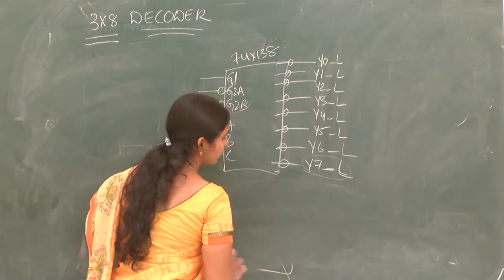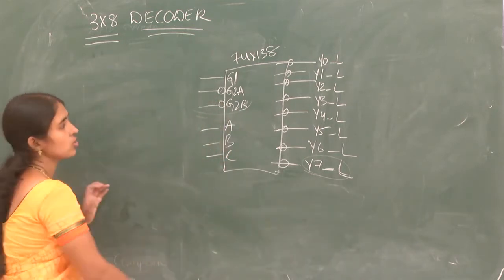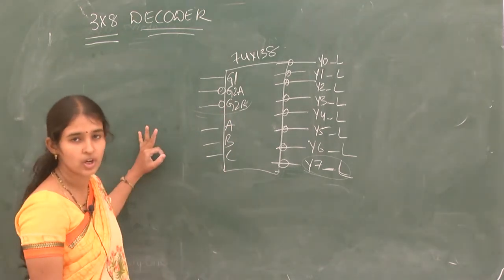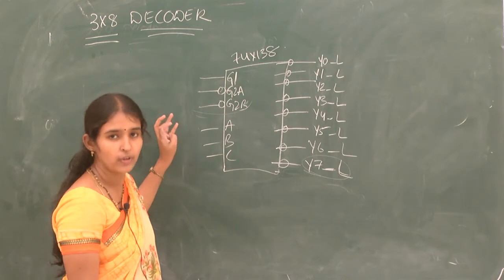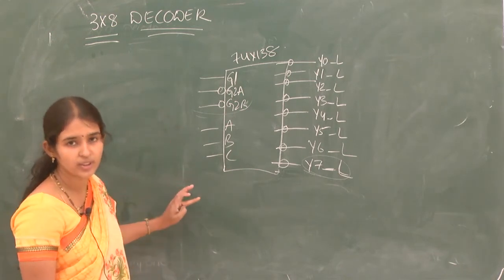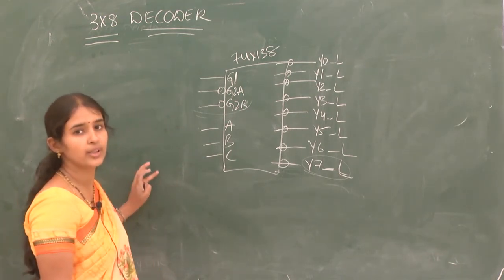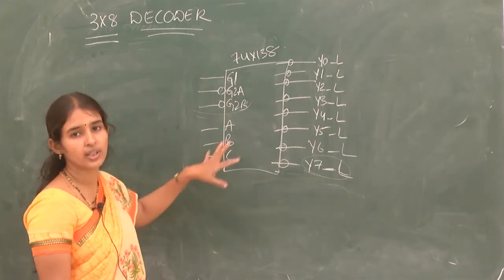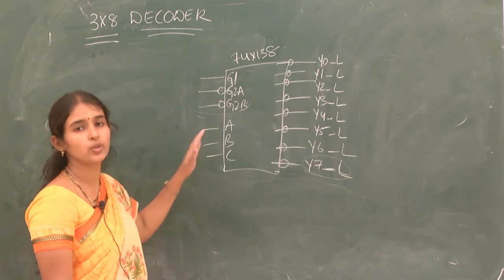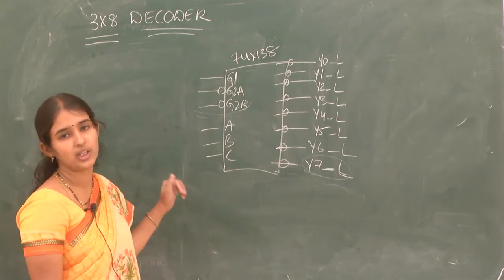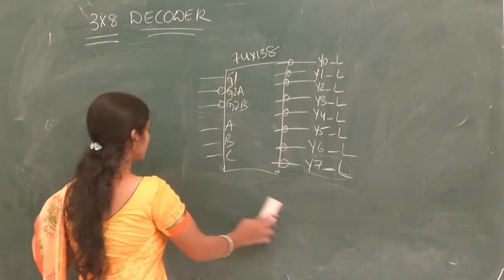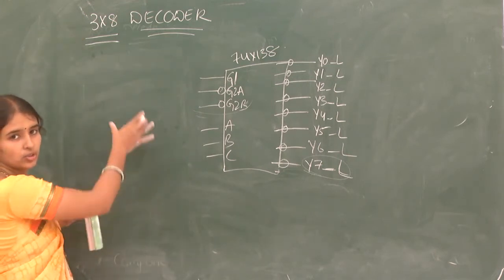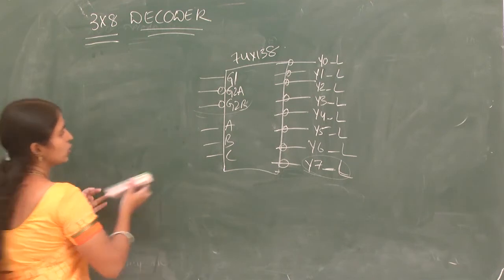Now you will design the 3-to-8 decoder. So how to design a 3-to-8 decoder? Again the same 3 steps. First you will be writing your truth table. From that truth table you will be specifying your logic circuit diagram. From that circuit diagram you will be understanding the working of it. From that circuit diagram you will be writing your VHDL code. Right? And starting from first, you will be writing the 3-to-8 decoder truth table.